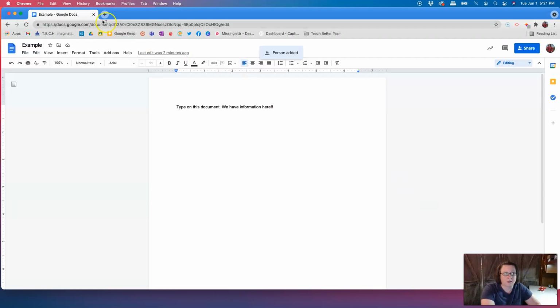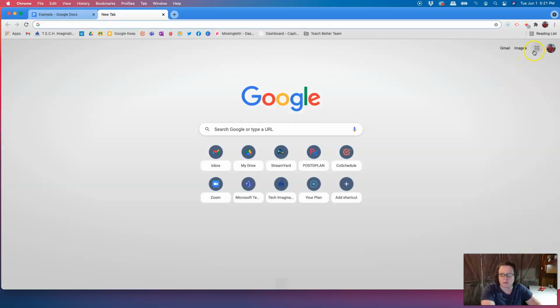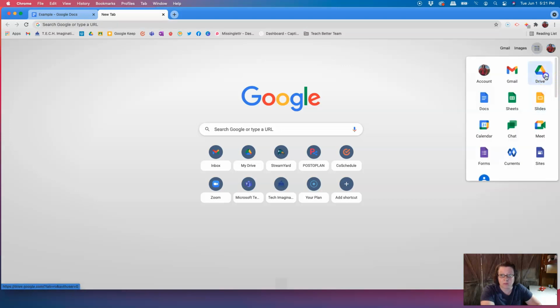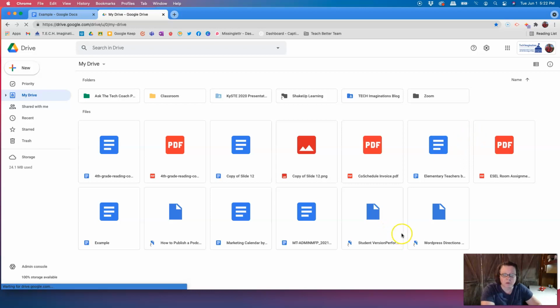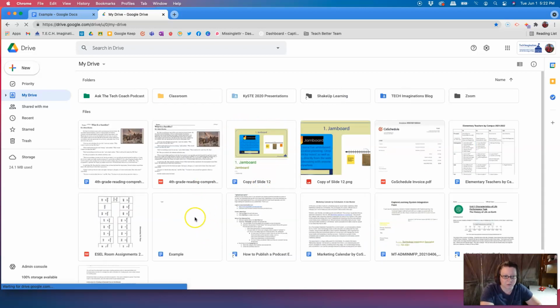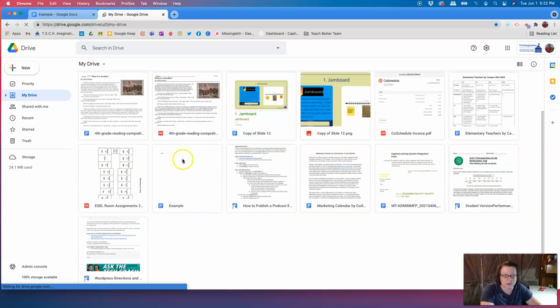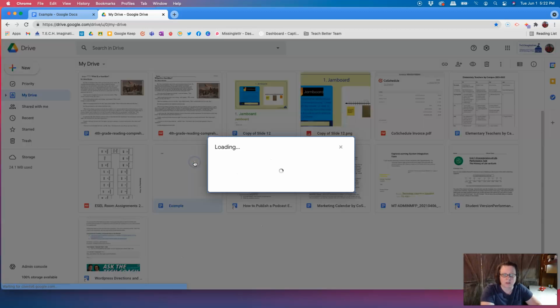Now, let's go back to our drive. So I'm going to open another tab here. I'm going to come over here to my waffle menu. I'm going to open Google Drive. And when I open Google Drive, I'm going to find that example document that I just made. So here it is, example. And if I right click on it here, I can also share this way. So if I right click and hit the share button,